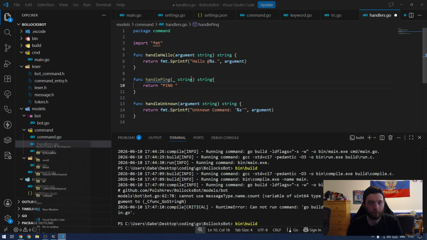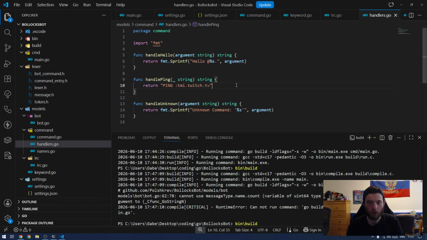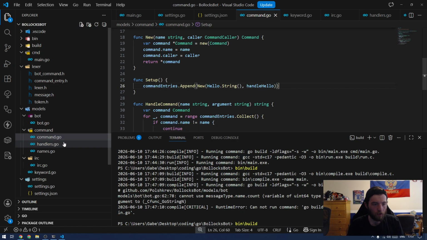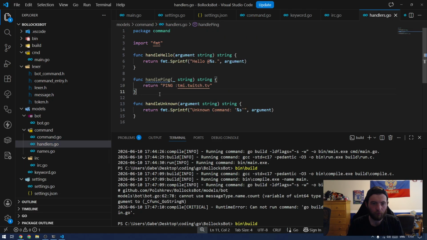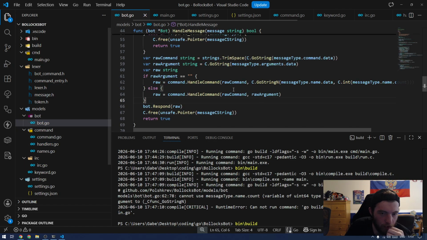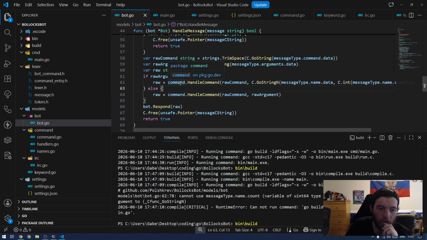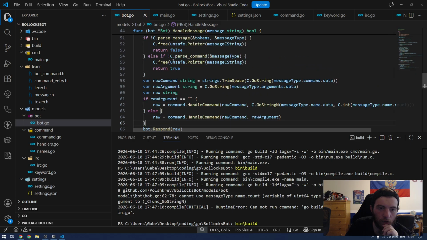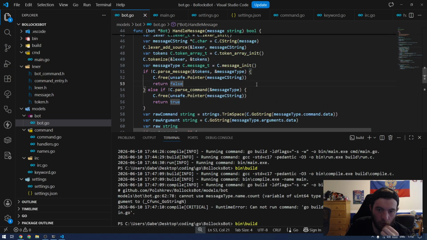And then this. So it literally just returns that. Handle ping. And then we're going to go to command, and this is going to be... or no, wait, hold on a second. So then I have to, in bot, I think, handle that. Right? Handle fail command, right? Because if there's no command or message,